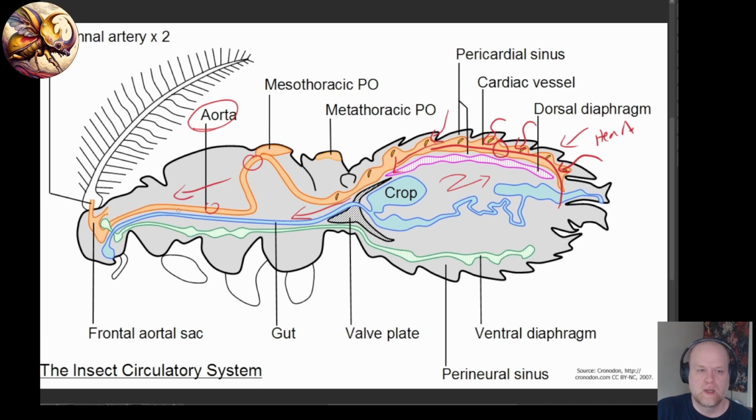Through the aorta, up to the head, and up through the wings here, up to the head, up to the antennae, where it is then released out of the aorta. Then, through muscular contraction of the body, the blood is pushed back towards the abdomen on both the dorsal and ventral surface. For the ventral surface, because it doesn't have this heart, it has a muscular construct called the ventral diaphragm. It's basically just a muscular wall that runs along the ventral or stomach portion of the insect,